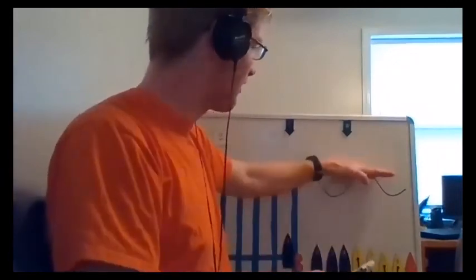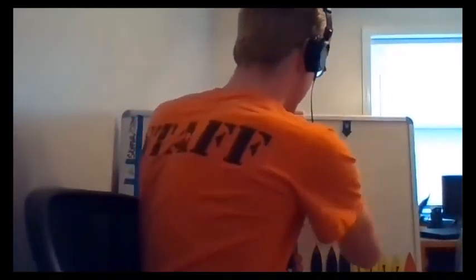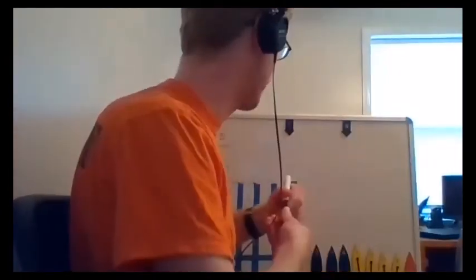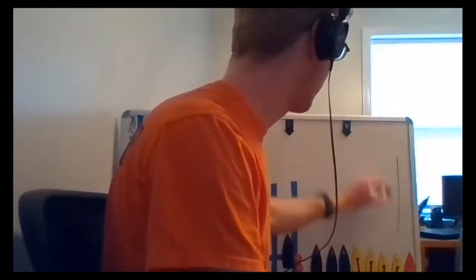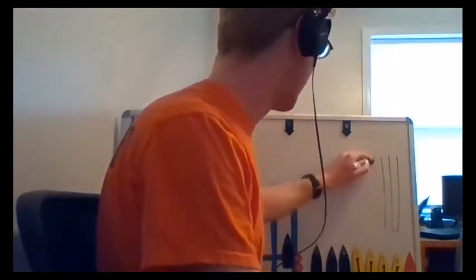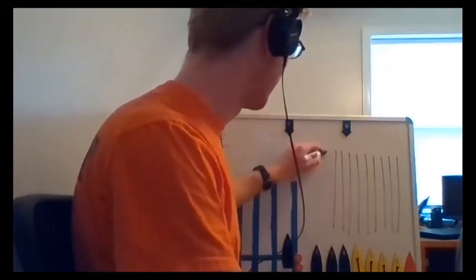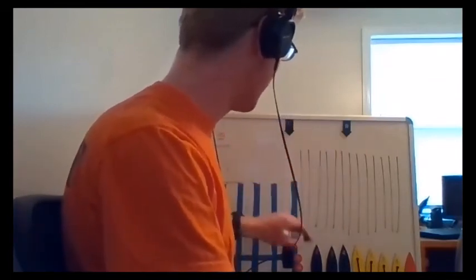But it's not just one direction like that. It's this direction, or this direction coming to you, but it's also that direction and that direction and that direction. It goes through a full circle. So what polarization does is it's basically like a gate. There's something in a polarizing filter, a bunch of lines, like a grid. It's too small for us to see,